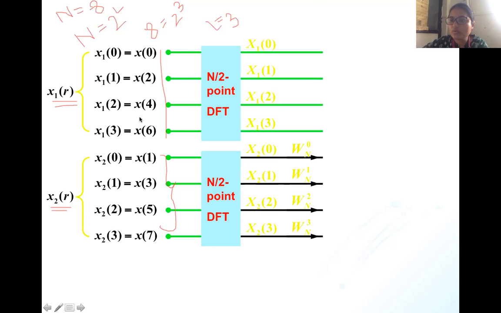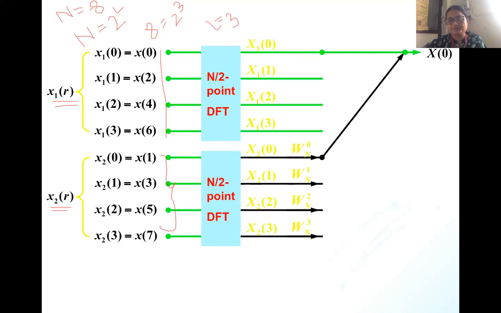So the flow graph now, let us see what we have done in the first stage. We have divided the entire sequence into half-point DFTs, those representing even values, and remaining half-point DFTs, those representing the odd values. The 0 to 4 half points we will be calculating by performing complex addition, and the remaining half points, these black points, you can see that those are being calculated by performing the complex subtraction operation.